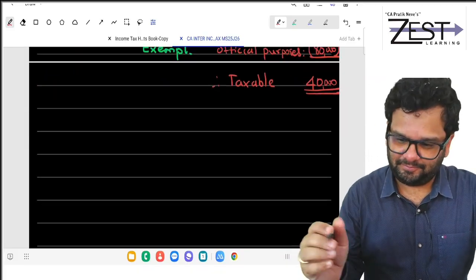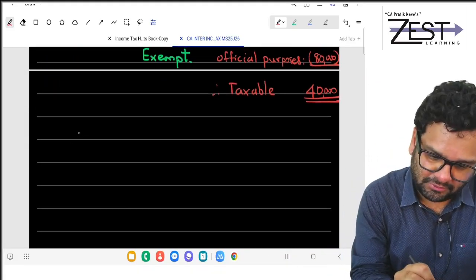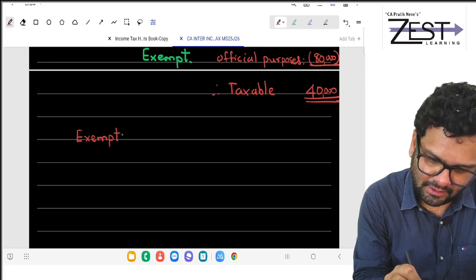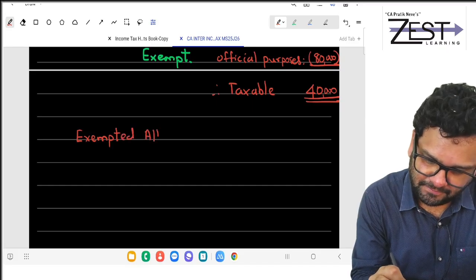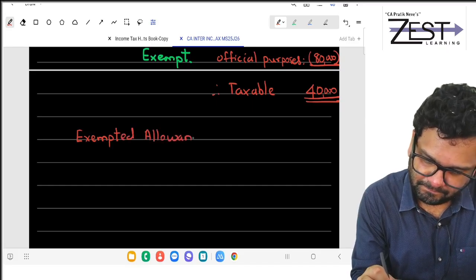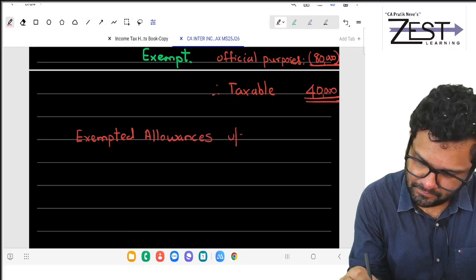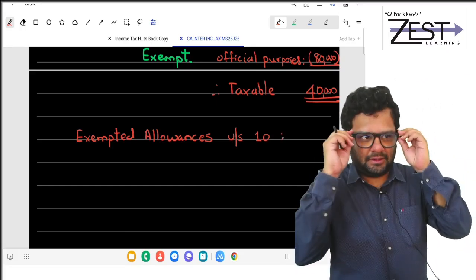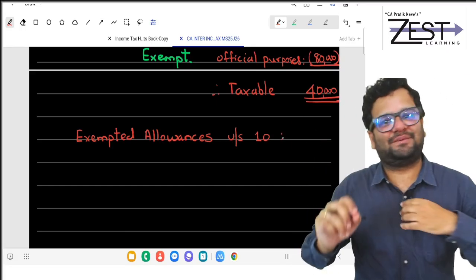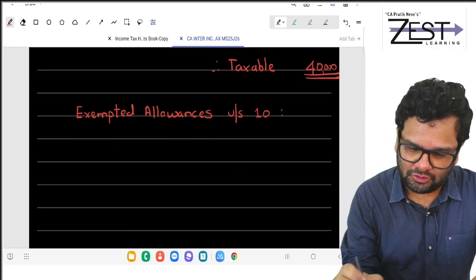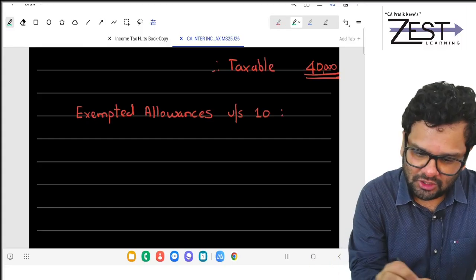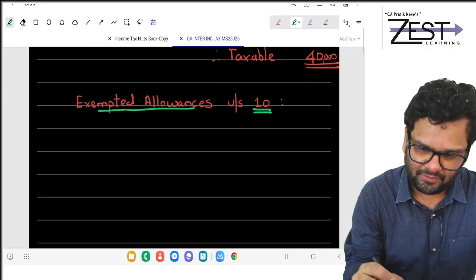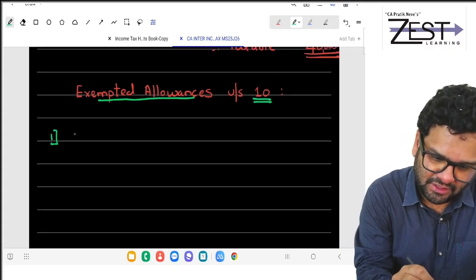Let's see, talking about exempted allowances. Exempted allowances under section 10, partially exempt. Okay, so which are those? Here you need to understand and remember this. First and foremost,